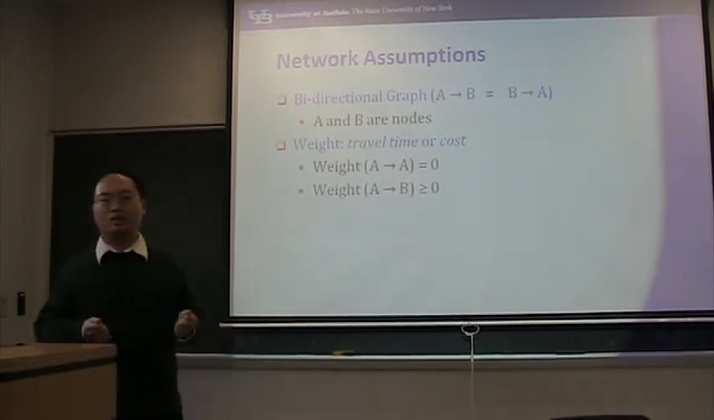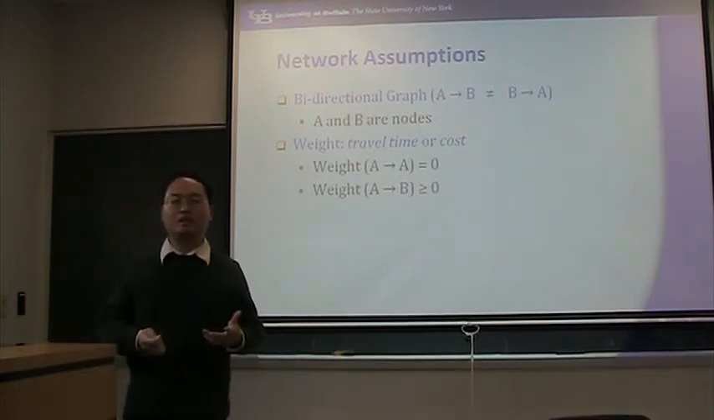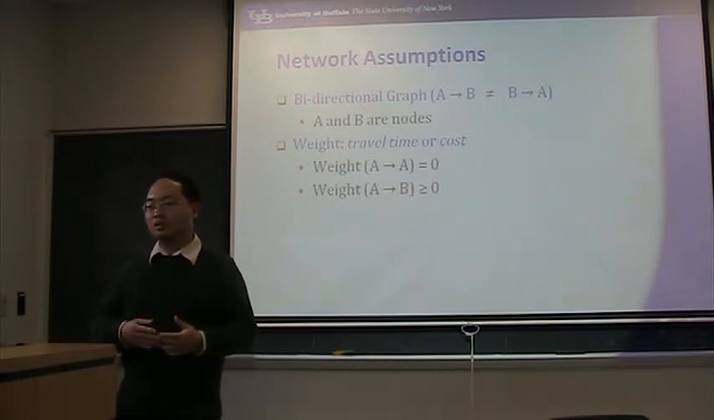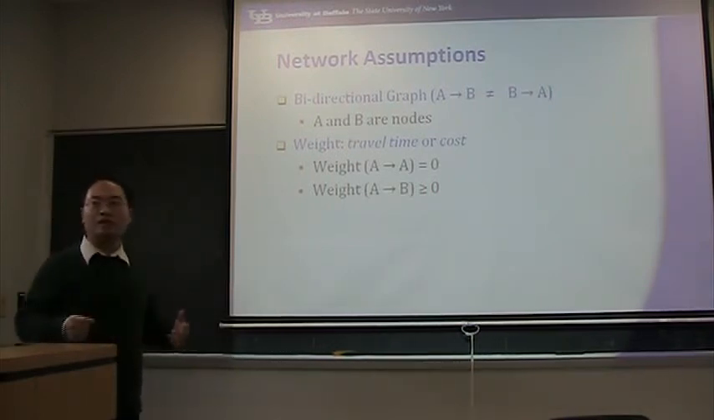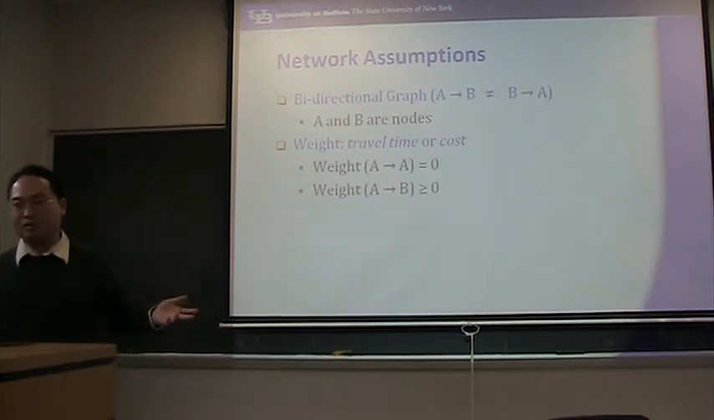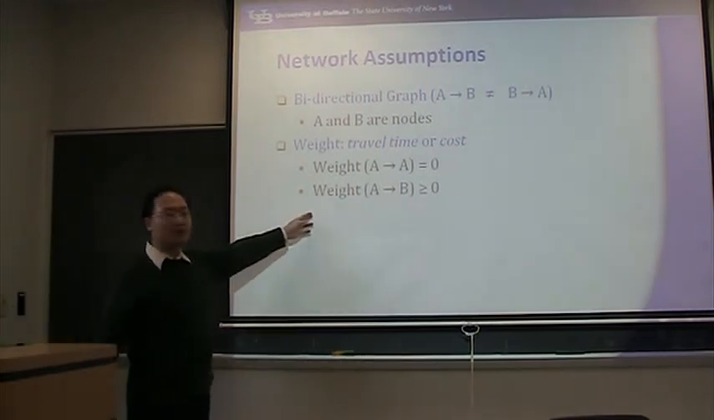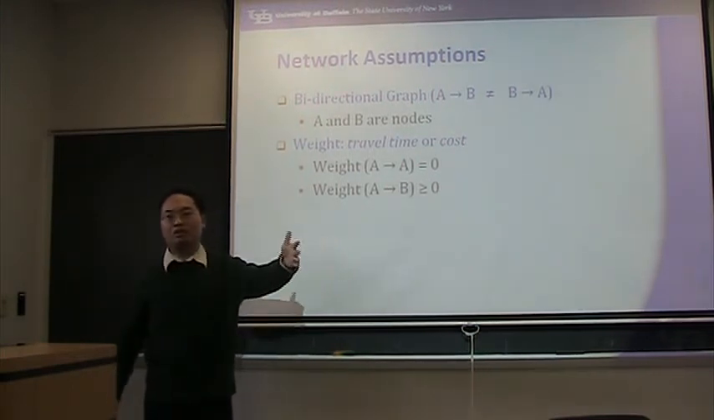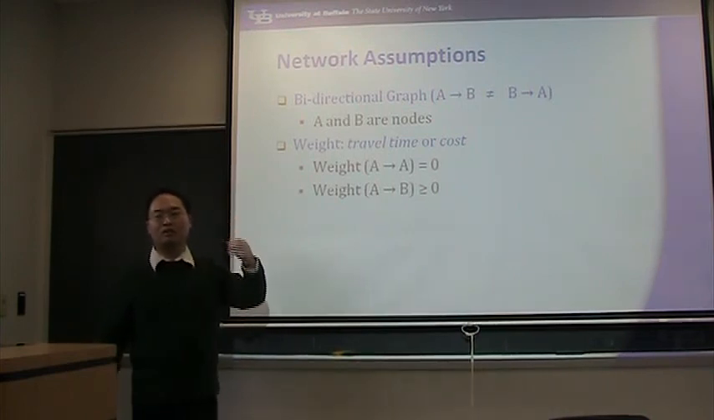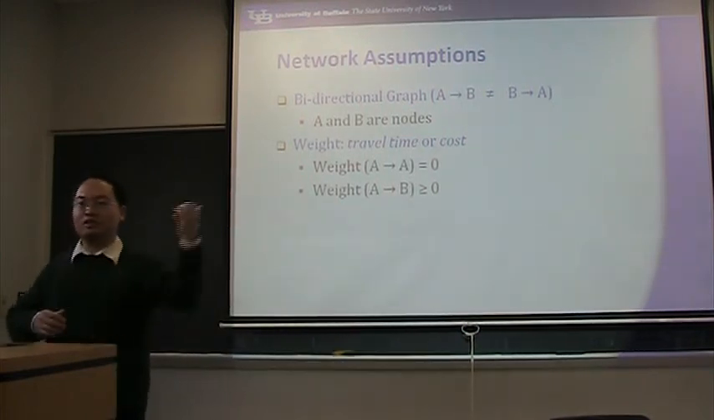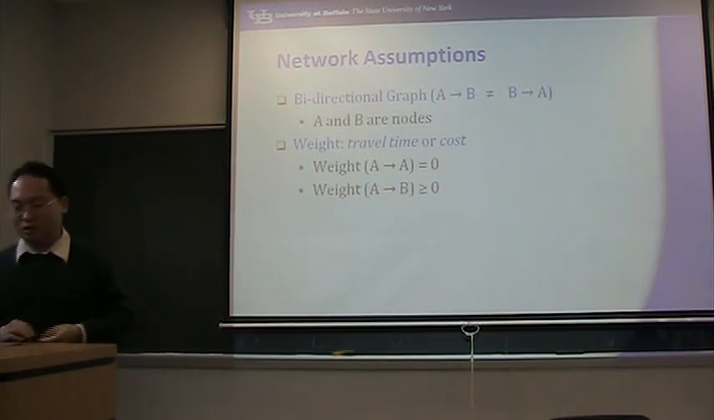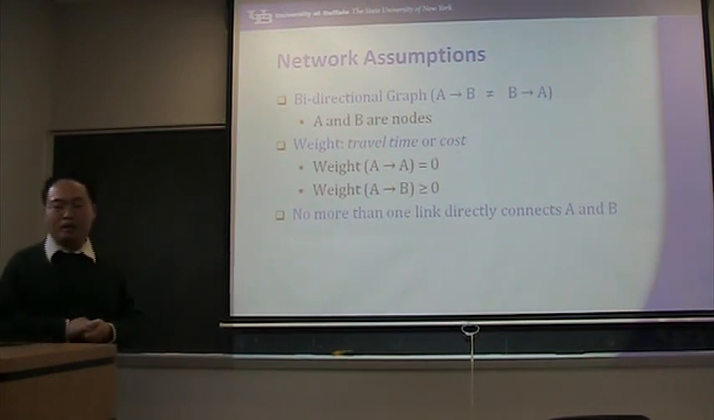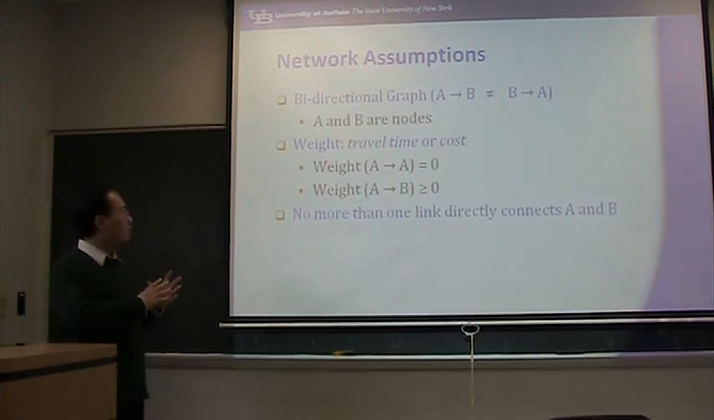That's very close to reality, because we cannot travel on a link to save some time, right? So the travel time of any link is always positive. That's obvious, right? But what if the weight of A to B is negative? What will happen? That would mean if you travel along this link, then you are traveling back to the previous time, and you are a time traveler. That's impossible. And we assume that there is only one link